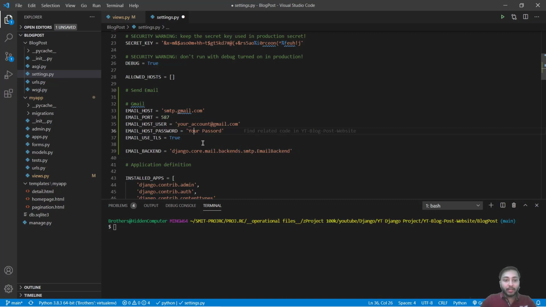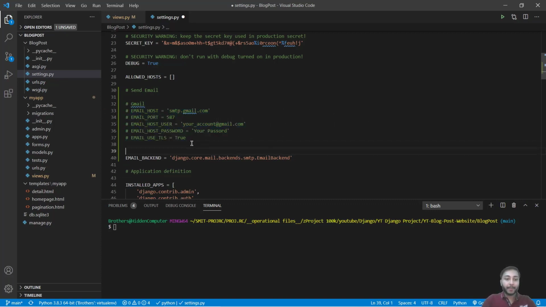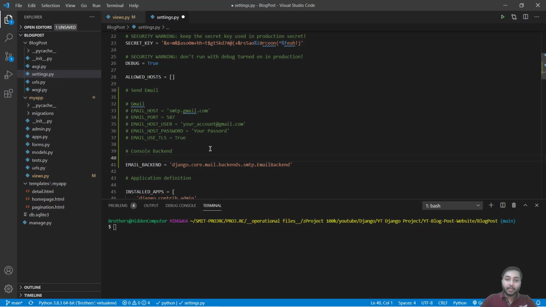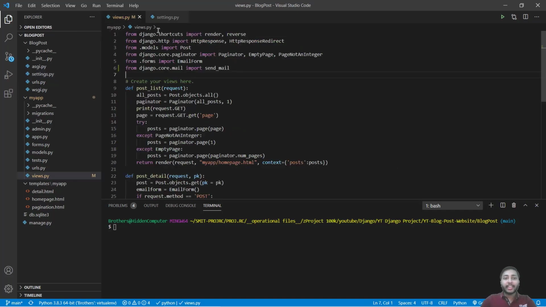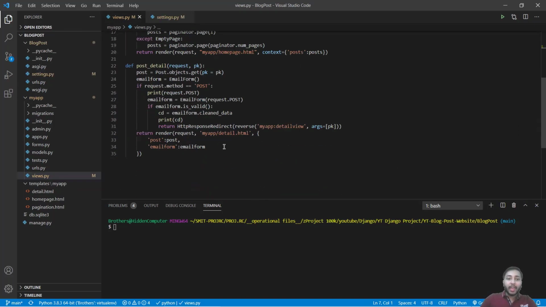So what I will do, I'll just comment this out and say console backend. Right here, instead of SMTP, I will say console. Save this one, get back to views.py, and right here,